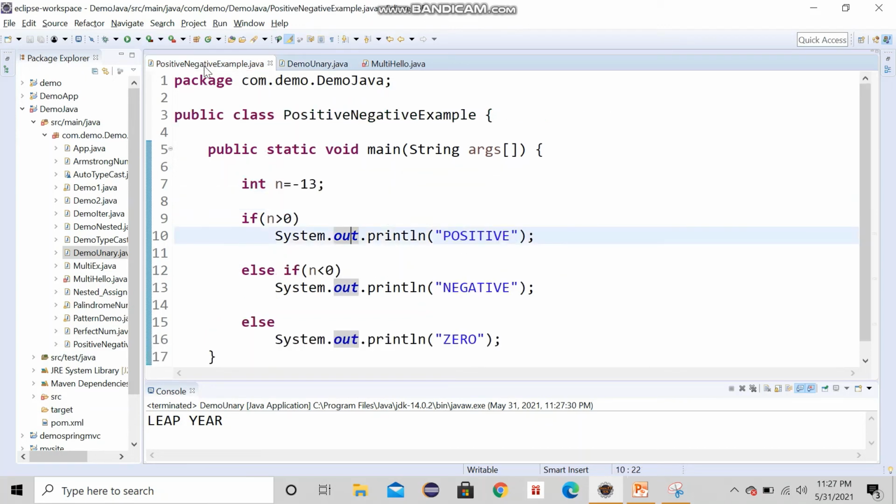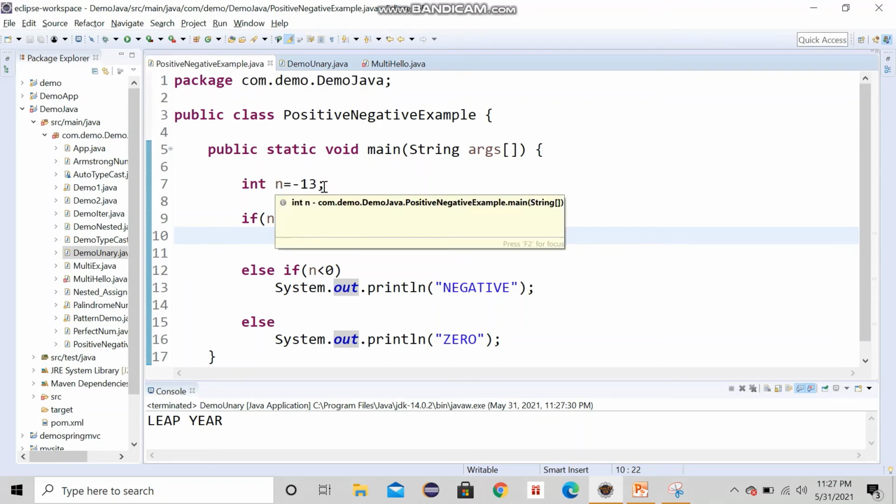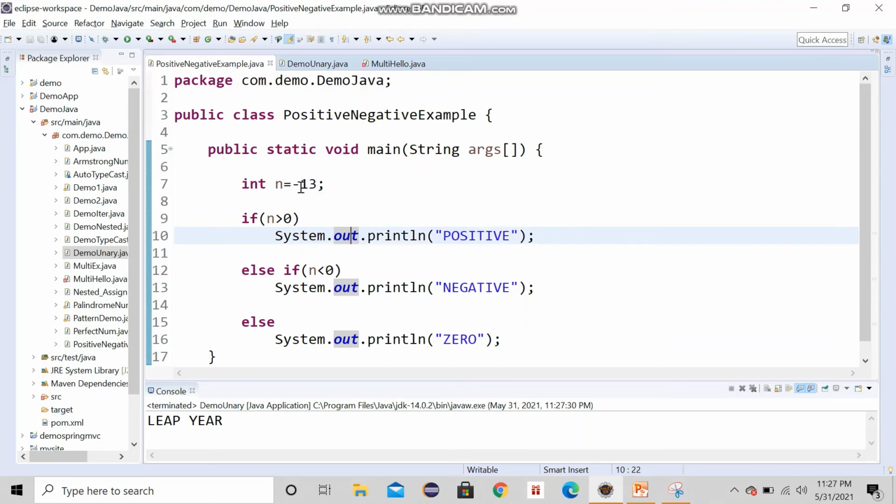Now coming to another example of if else condition. Here the number is mentioned as a negative number, minus 13 we are taking. It is to verify whether it is a positive integer, a negative integer, or 0. So if n is greater than 0, this is false, so it will come to the next else part. It will check here, if it is less than 0, then it will print negative.